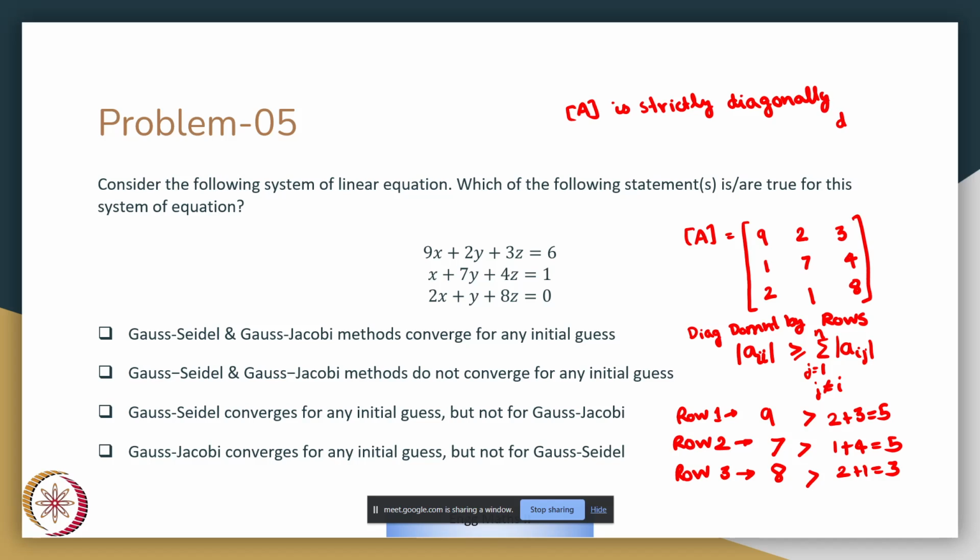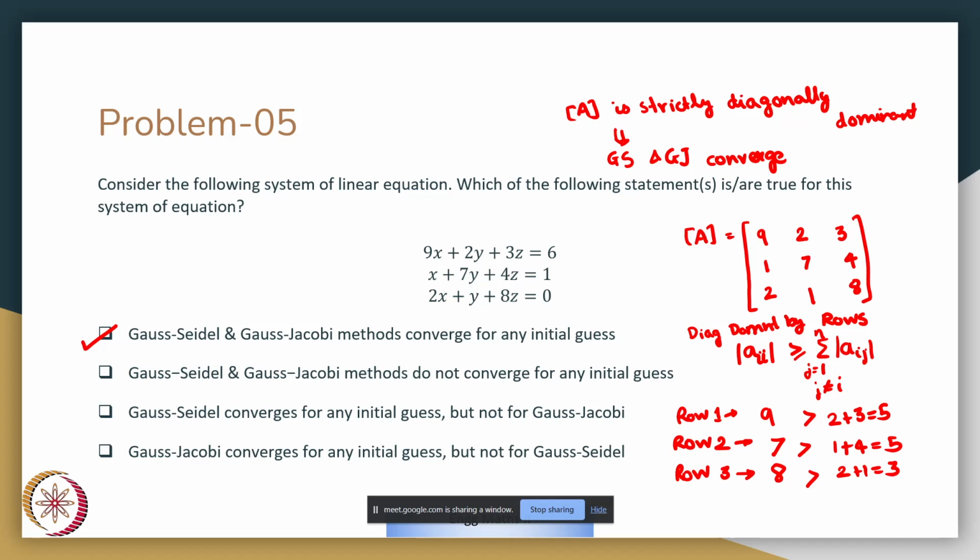And with this condition, we note that both Gauss-Seidel and Gauss-Jacobi methods will converge for any initial guess. So that covers it. Okay, if this condition is not true, or if we cannot verify this, but if we have